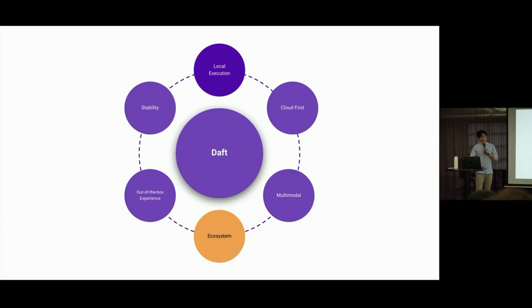For now, I'd like to jump into why all these things I talked about, which I think are missing from Spark, we want to address in this unified engine. We want to, because all these solutions link together, and really, you can't build up one aspect of, say, stability without improving local execution. You can't be cloud first without improving the out-of-the-box experience for your cloud, and they're all related. And today, Colin's going to dive a lot into how we're building a very fast local executor.